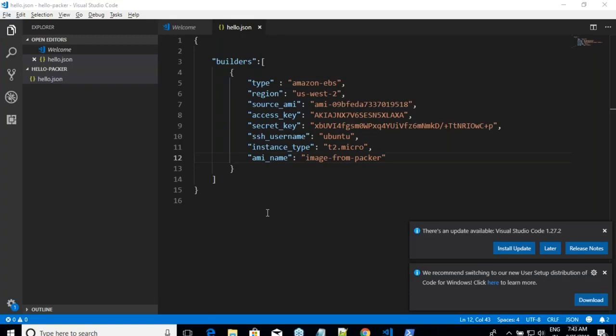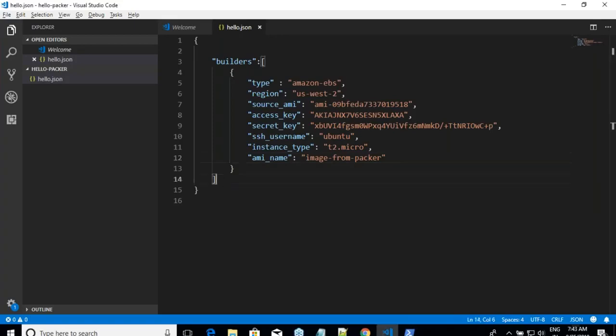Let me go to the next topic. Any other points in the room? Okay. So in this, shall we install a couple of software packages? Yes, very simple ones, right? Whenever I want to do anything after I have built something, that is provisioning. So after this builder step, I'm going to write something called provisioners. Simple, right? And now, how do you want to provision? What is it that you want to call?